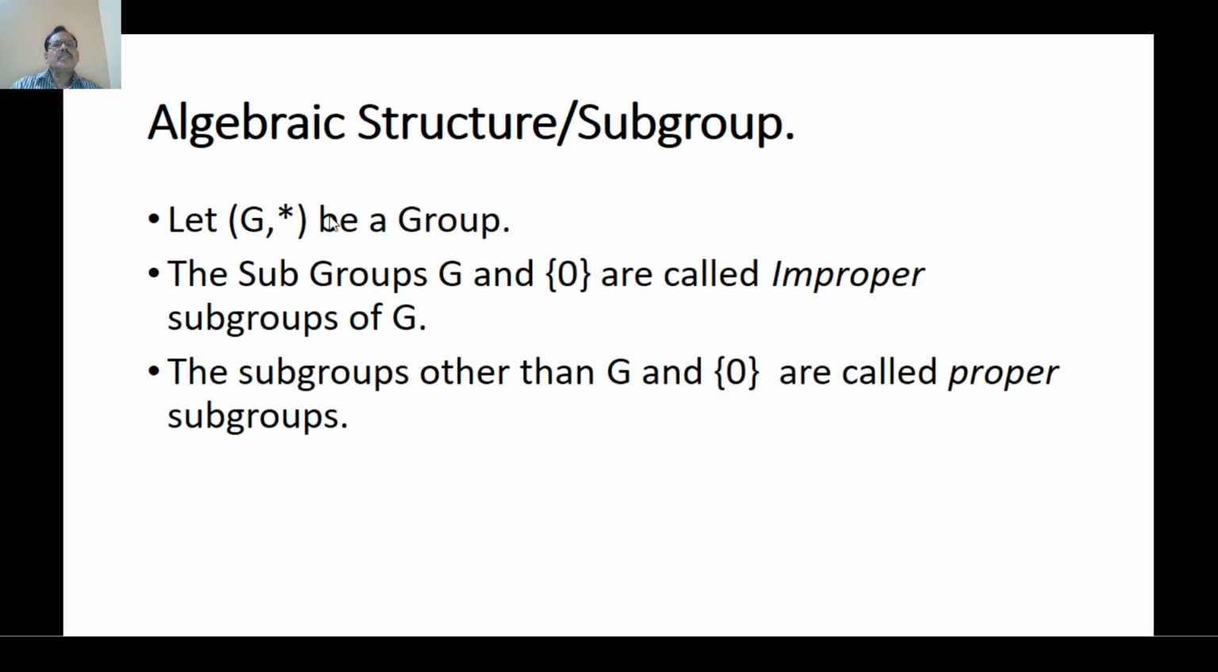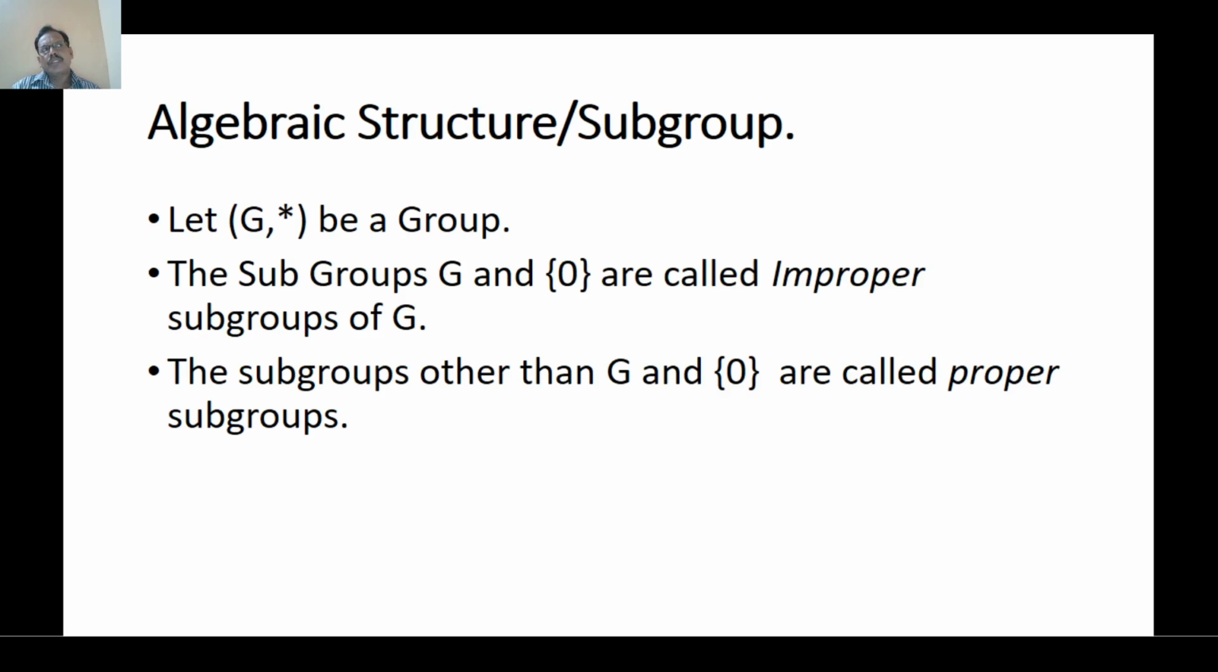So let G be a group. The subgroups of G are G and the set containing 0. These are called improper subgroups of G. So that means every group has at least two subgroups. You take any group, it contains at least two subgroups and they are called improper subgroups. For example, if you take the set of all integers,